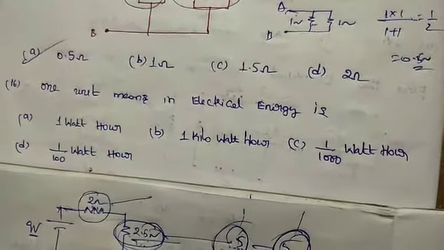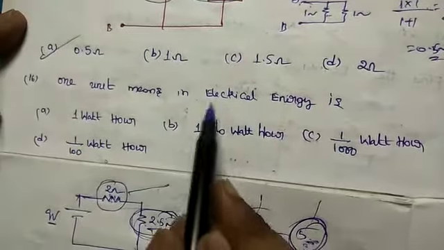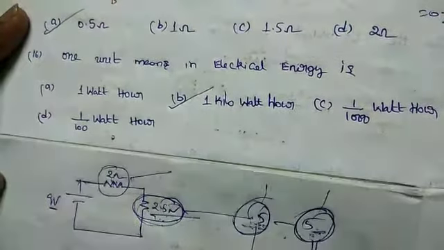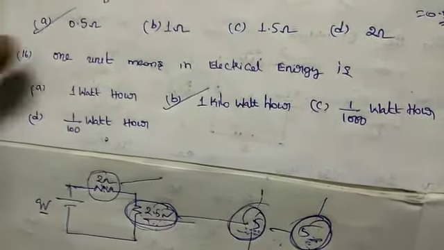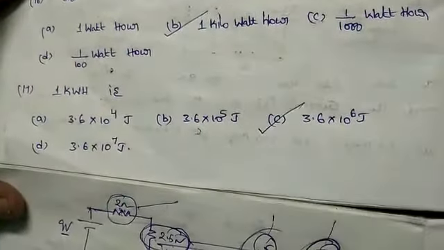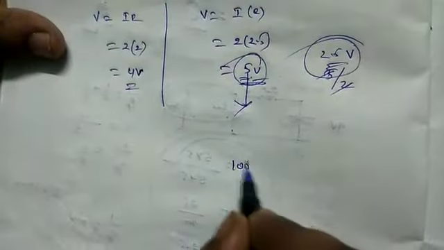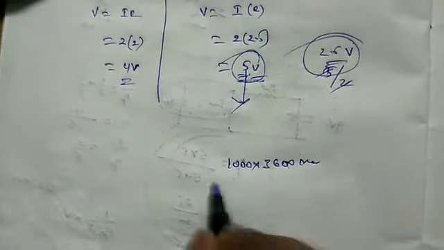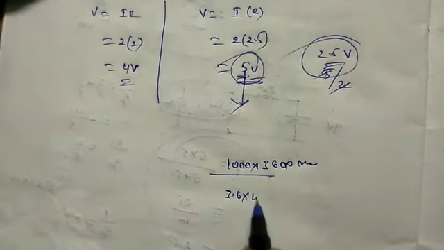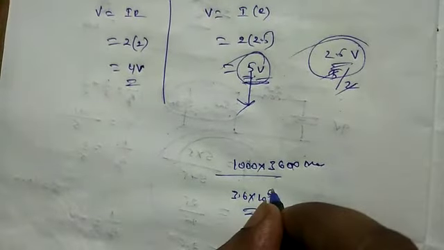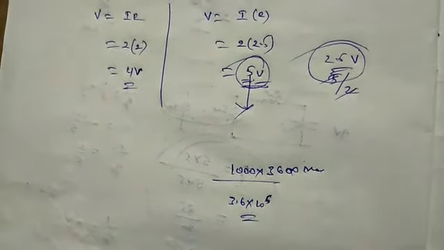Everyone, boys or girls. So here 1 unit of electrical energy is 1 kilowatt hour. Somebody may not get this answer also. And 1 kilowatt hour is equal to 3.6 into 10 to the power of 6 joules. See here, 1 kilo means 1000. 1 hour means what? 3600 seconds. So how much? 3.6 into 10 to the power of 5. Sorry, 10 to the power of 6. Clear?